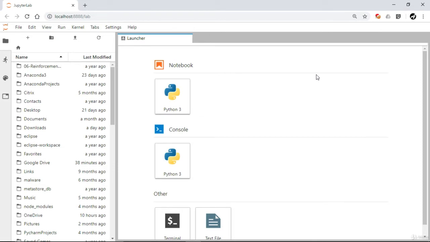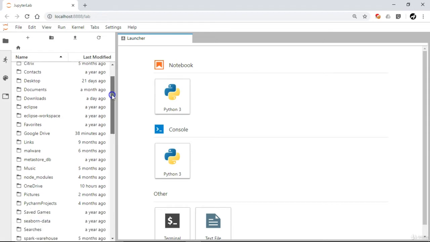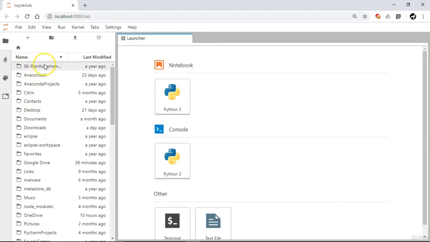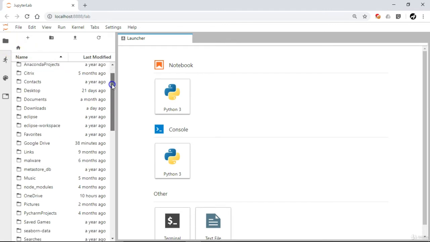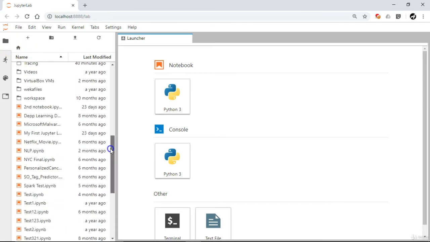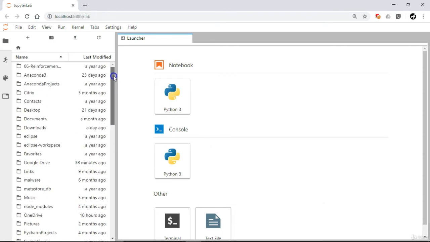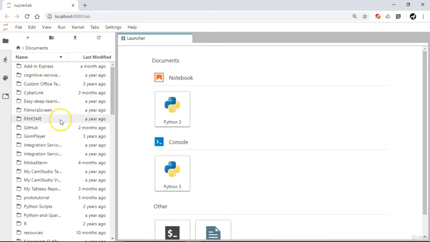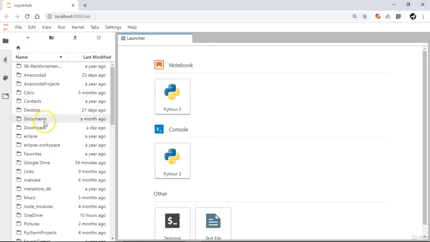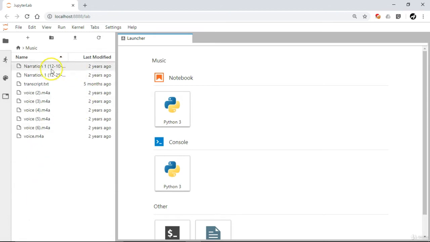So our fancy Jupyter lab has been started and this is the IDE we are going to use throughout this whole course. Now as I have started this Jupyter lab notebook on this particular location, like the C drive, user and PC, it has listed all those files and folders in my current directory and I can just navigate to any of these files from here. So that is one beauty. So let me just enter, let's say, documents. So I can just navigate to any other folders from here. You can go to, let's say, music even.